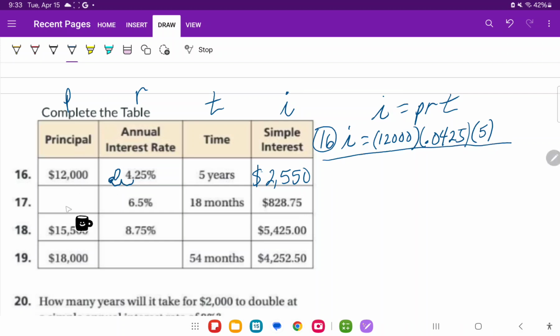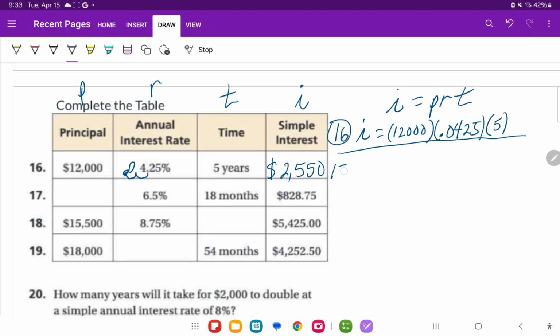Now in 17, what are we missing? Well, this time we're missing the P. We don't have the P. So it's that part of our formula that we're missing right there. So we're going to take the other parts, the interest, the rate, and the time, and plug them in to where they go. So this is number 17. On 17, the I is 828.75. The principal, we don't know. The rate, move this over,